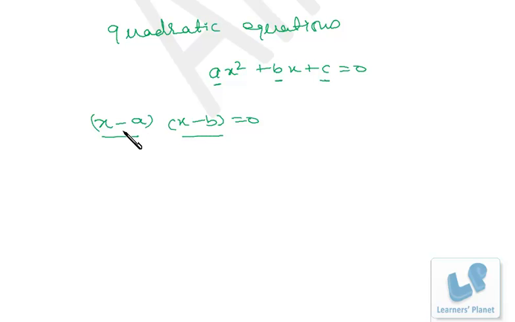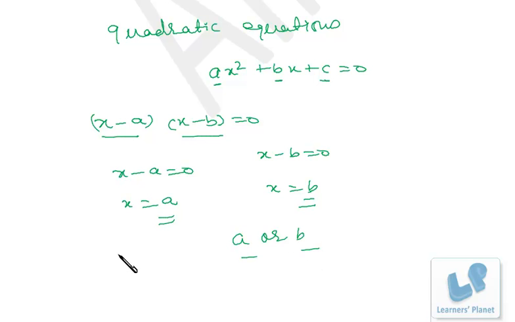So if x minus a is 0, x is equal to a. Or if x minus b is equal to 0, x is equal to b. So we have two solutions for x, that is a or b, right? So two values of x satisfy this equation. That means it is a quadratic equation, and this equation has two solutions, a and b. This is why we call it a quadratic equation, because we have two solutions for the variable. Okay,